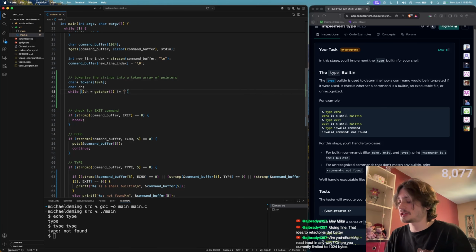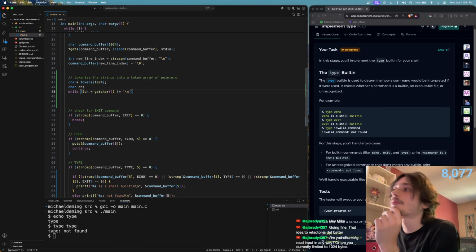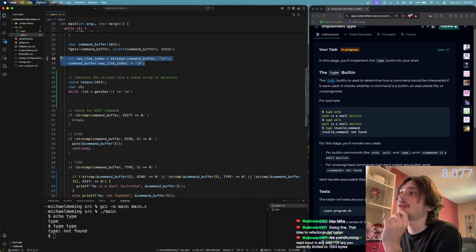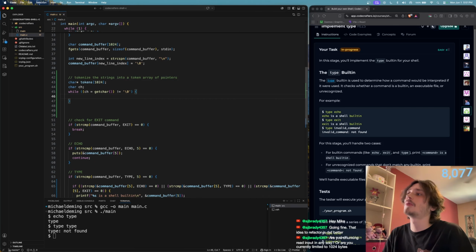Or would it be \n? Well, we're replacing the newline index here with the first occurrence of a newline here. So I think it'd probably be a null character. So while getchar is not equal to this, what we're going to do is